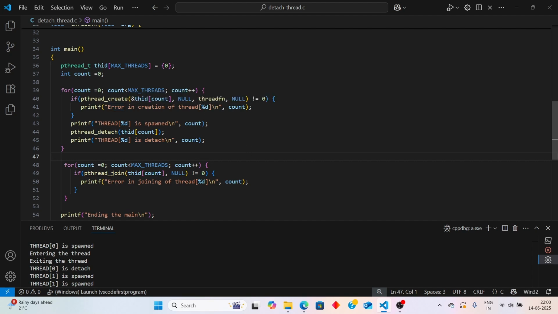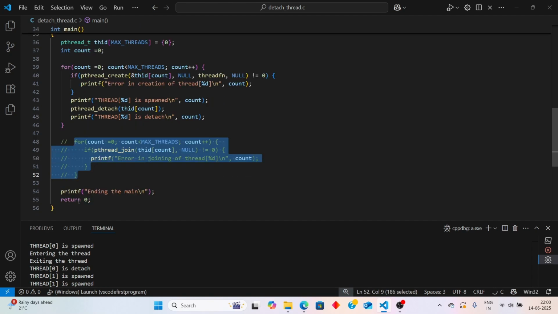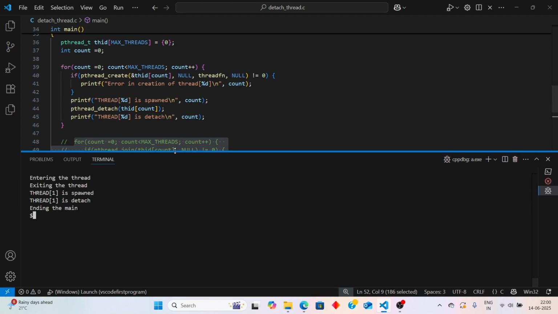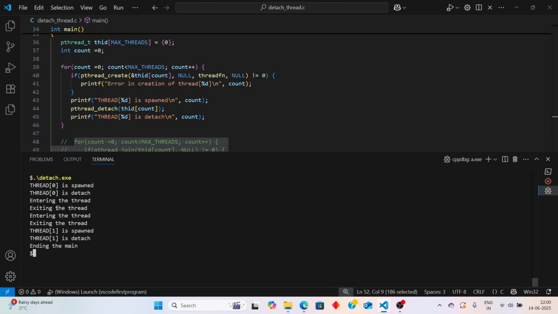This thread function is being called, and then we have detached the thread. After detaching the thread, this join is of no use, so I'm just commenting it out. I'm saving it again, and then I'll compile it one more time. This time join is not there, so we're not getting that error message, but still we are getting